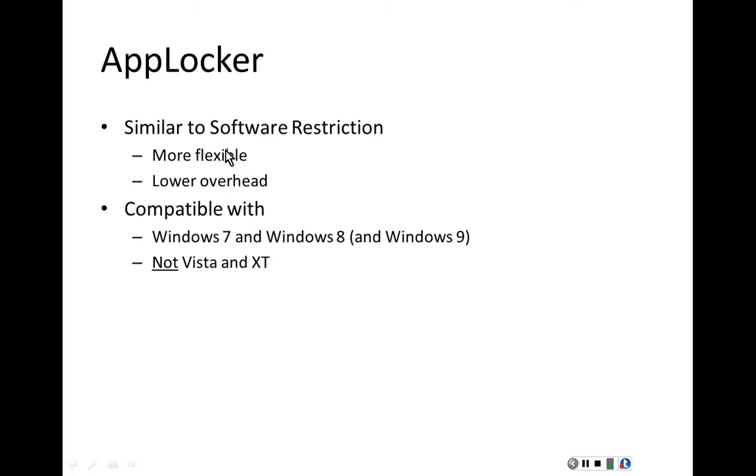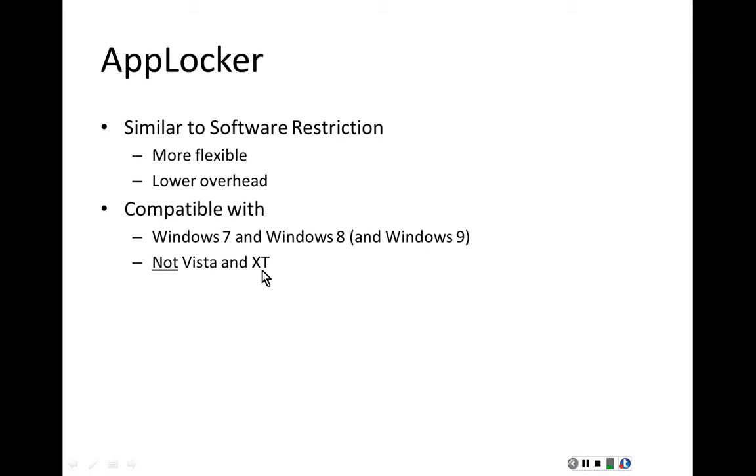AppLocker, conceptually, is the same as software restriction policies. It's used to prevent people from running certain programs. It's more flexible and it has lower overhead than software restriction policies. AppLocker is compatible with Windows 7, Windows 8, and soon to be released Windows 9, but it is not compatible